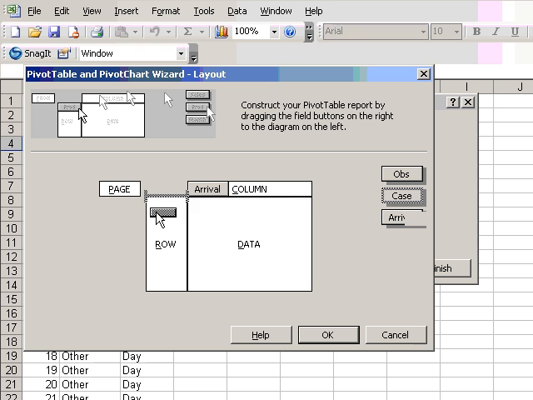Case is expected to be the dependent variable, and we will put, again, case in data, and when it is put into data, it comes in as count of case. It's possible to use virtually any piece of information in the data as the piece of information that goes into the data section. For example, I could have put obs or observations into the data area, but then it comes